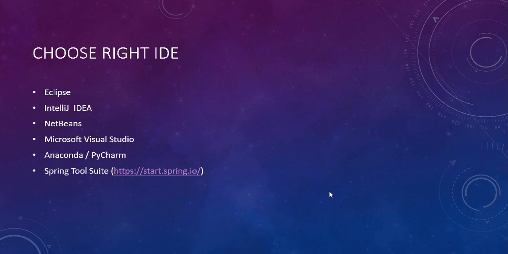Another important IDE is Microsoft Visual Studio. Microsoft Visual Studio supports more than 30 languages, and it gives you a code editor and also a debugger to support many languages like C, C++, Visual Basic, .NET, C Sharp, JavaScript, TypeScript, XML, Ruby, Python, and so on. In order to support these languages, you need to add the plugins.